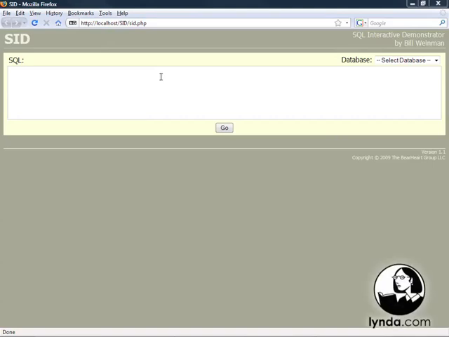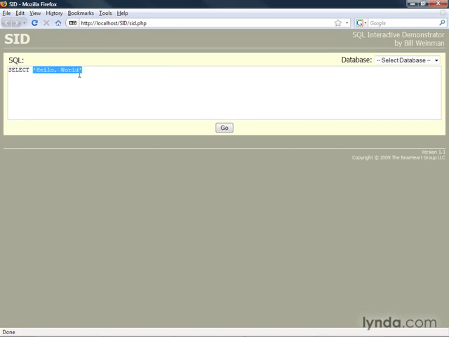MySQL has a number of useful string functions, and we're going to look at some of them here. But first, let's talk about what a string is. This is a literal string. Select 'hello world'. So 'hello world' is a literal string. You can see it's a number of characters enclosed in single quote marks, and that's how you do a string